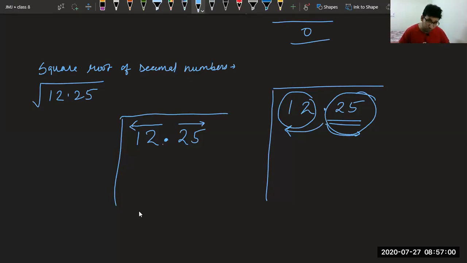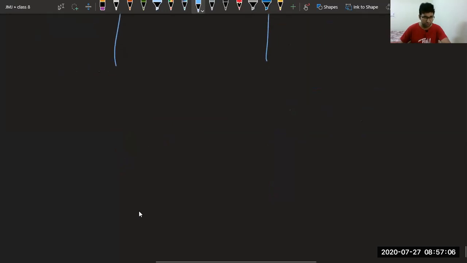Yes. Now, just see. Suppose you have 4.9, you want to find its square root. You have to see this 4 is before decimal, and we know before decimal we have to add 0 here to make it a pair like this. So we make this pair from right to left.